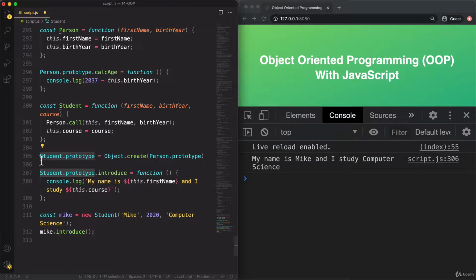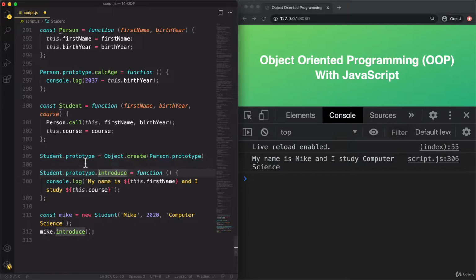Now we have to create this connection here before we add any more methods to the prototype object of student. And that's because object.create will return an empty object. And so at this point, student.prototype is empty. And so then onto that empty object, we can add methods like this one.